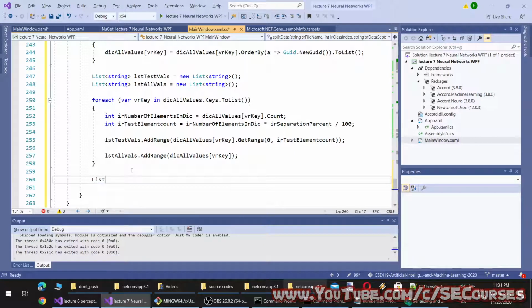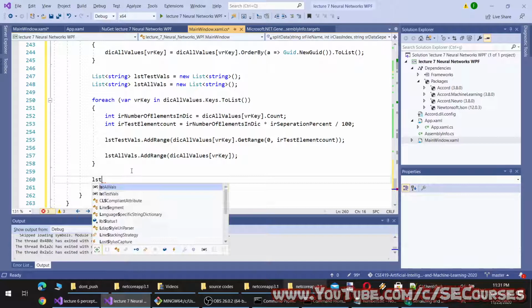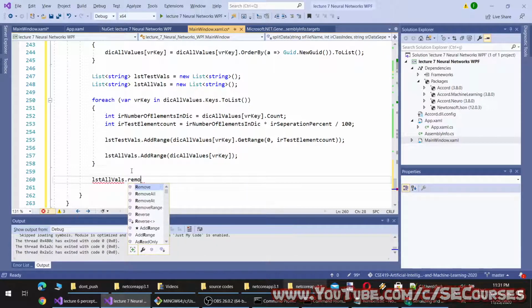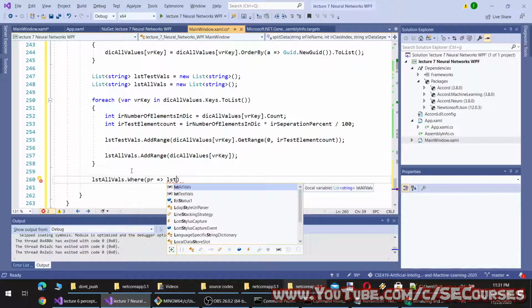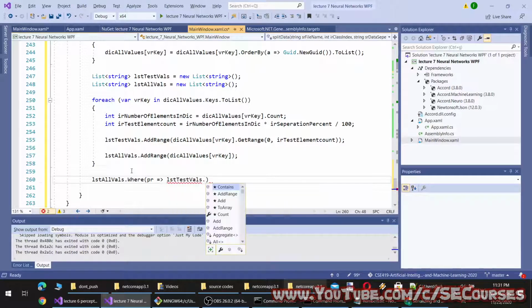And then from all values, remove the test elements, where I am going to use a LINQ query. By the way, if your data is too big, you may get an out of RAM memory error. However, I am ignoring that for now.